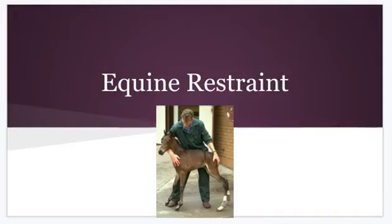Behavior is very important, but we must understand behavior to apply restraint. So equine restraint is for the safety of not only our patients, but for us as well. This is a good example of restraining a foal. This is a young horse and they most likely do not have any training. You will need closed-toed boots if you are restraining this because they have sharp little hooves and they will dance